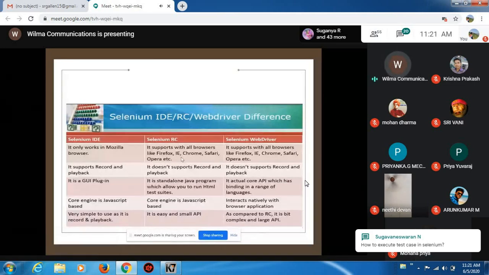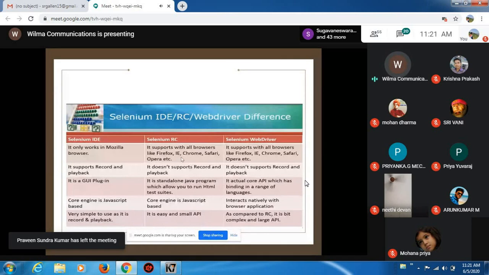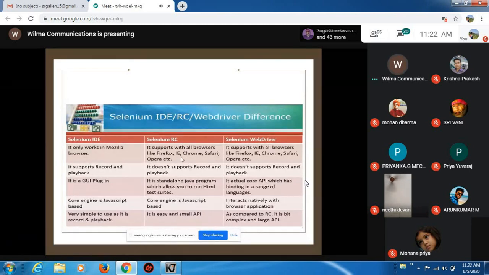Whatever browsers you want to test and validate, you can validate your code using the different browsers. Selenium IDE supports record and playback, whereas Selenium RC and Selenium WebDriver don't support recording.